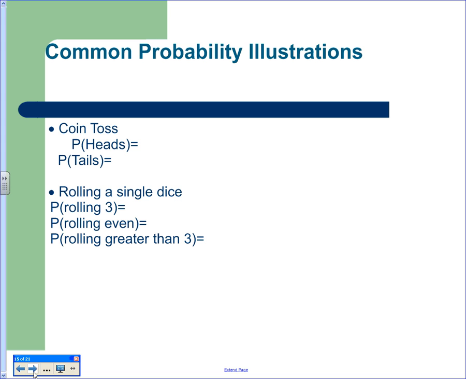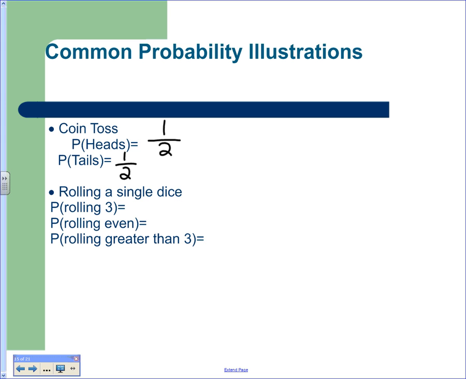All right, so in a coin toss, let's think about a coin here. Are there two sides? Yes. So how many different options are there? Your total possibility. You can do two, right? Okay. How many ways can you roll a head? 1 out of 2, right? You have a 50% chance of hitting a head. What about a tail?